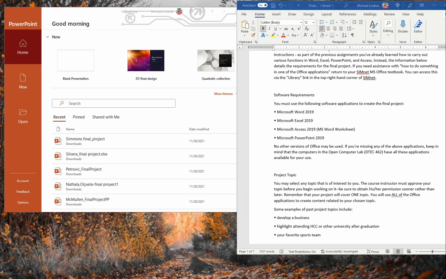Once again, to review, we are doing the final project based on whatever topic you select, and you're going to create a document from each of the applications we've learned about in class. You're going to do a Word document, an Excel document, an Access document, and a PowerPoint document. This particular video is going to be about the